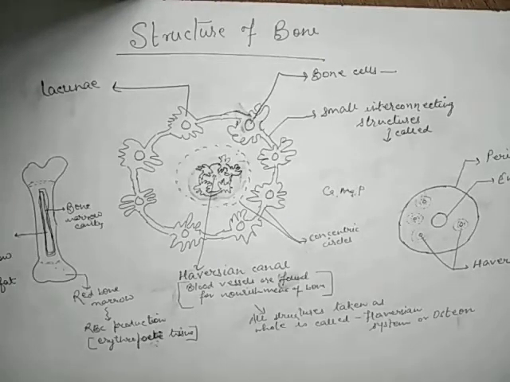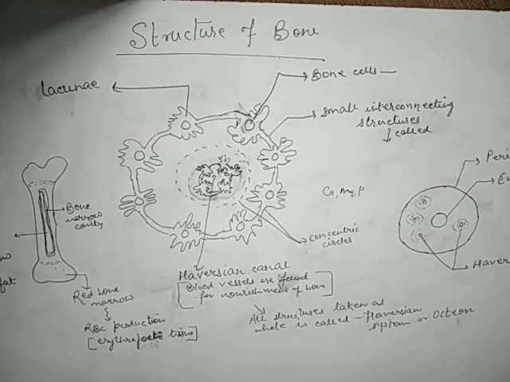Today we are starting a new topic, that is supportive connective tissue. In this topic we are going to study about the bones and cartilages. Bones and cartilages are the main supportive connective tissue in our body. We have also completed some of the animal tissues, and we have discussed the connective tissue proper, in which we have studied the areolar tissue, adipose tissue, tendons, and ligaments. So our today's topic is about the bones and cartilages, that is supportive connective tissue.